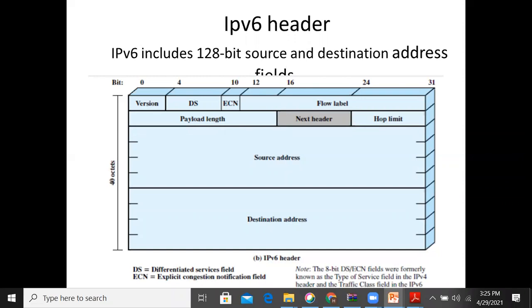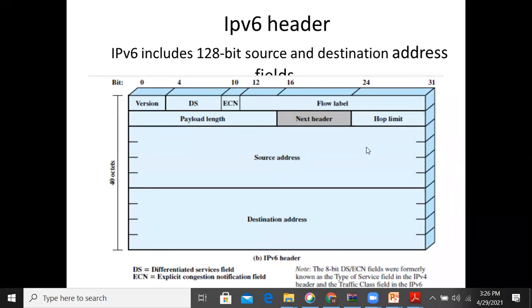To connect to the network, every device needs to be represented with some address. But if you go for IPv4 addressing, only 32 bits are available. With the Internet of Things, I cannot represent more addresses with 32 bits. That's why we need more address space.